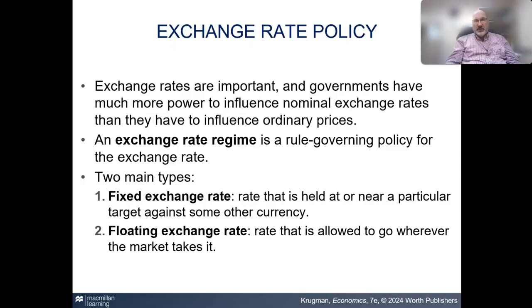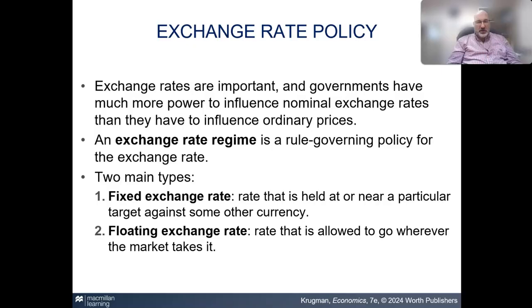A good example of that is there's a thing out there called the Big Mac Index. You can go out and look that up. It started with The Economist, a British publication, but they compare the prices of Big Macs all over the world because it's a standardized good. And so you can see how much a Big Mac is worth in every country. That gives you what the purchasing power parity is between all these different countries. It's kind of an interesting experiment, but it works.